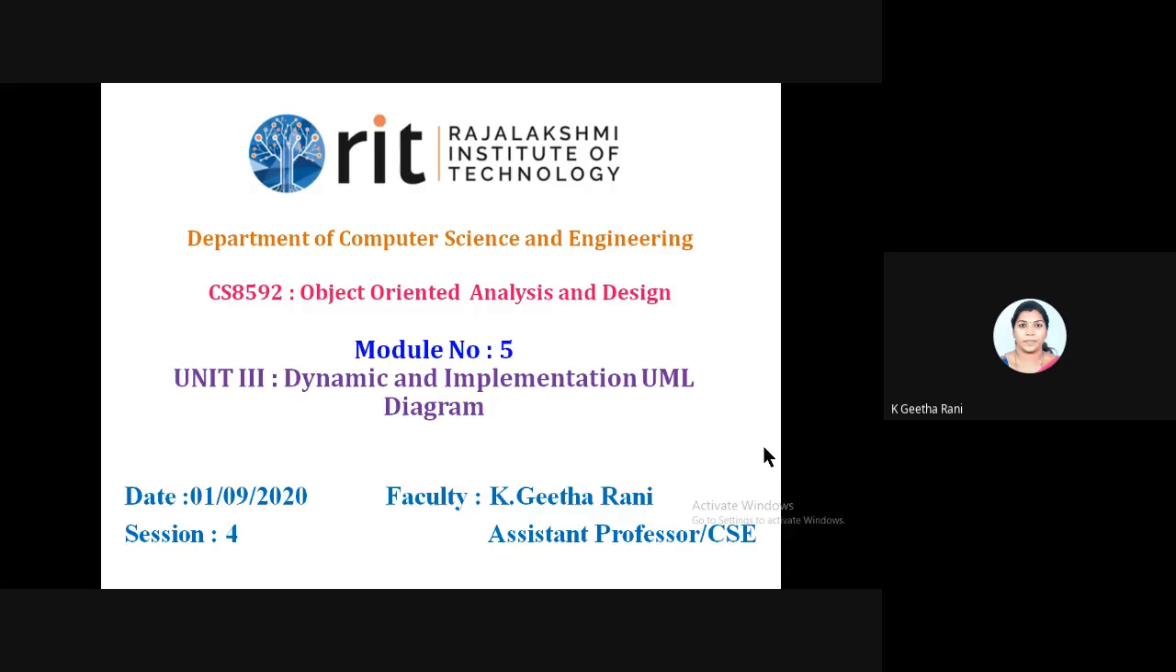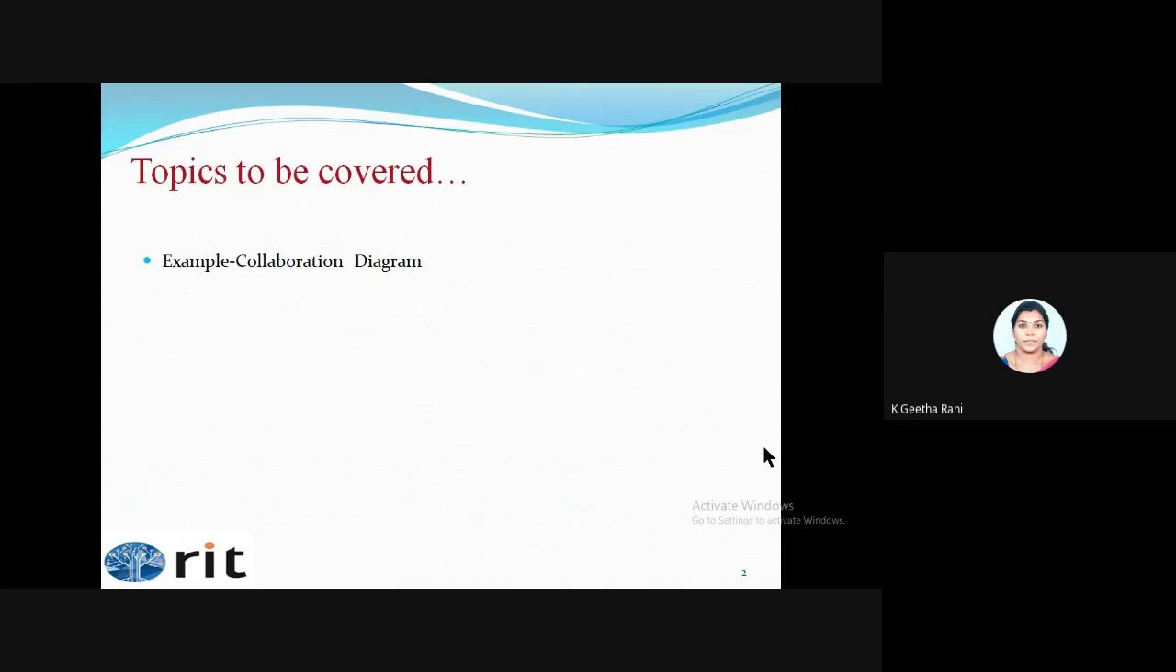So till now we have seen the types of interaction diagrams. Today you're going to see an example of the collaboration diagram. We saw the types of dynamic diagram: one is called a sequence diagram, another is called a collaboration diagram. We saw an example for a sequence diagram,